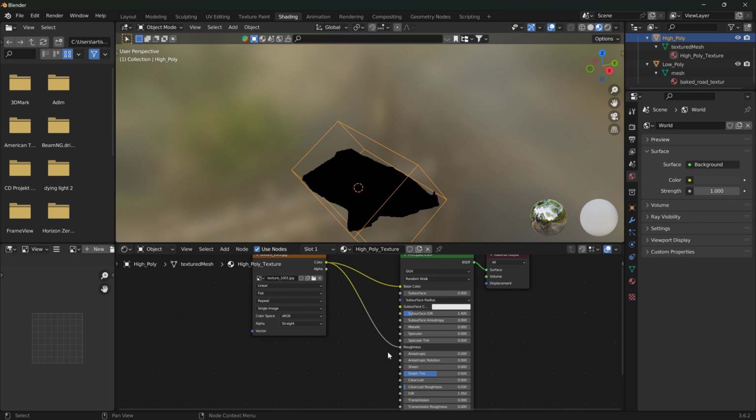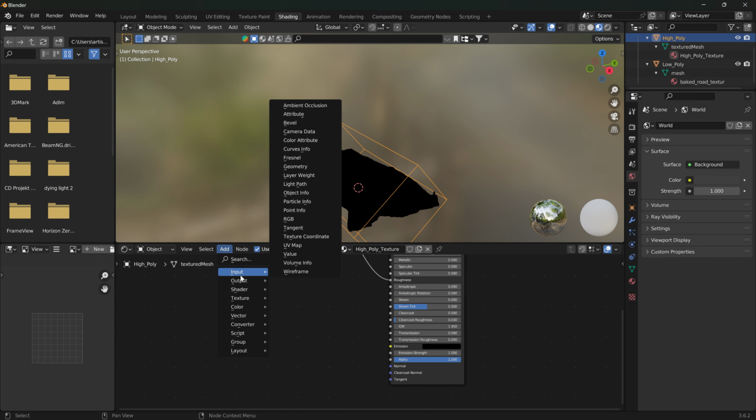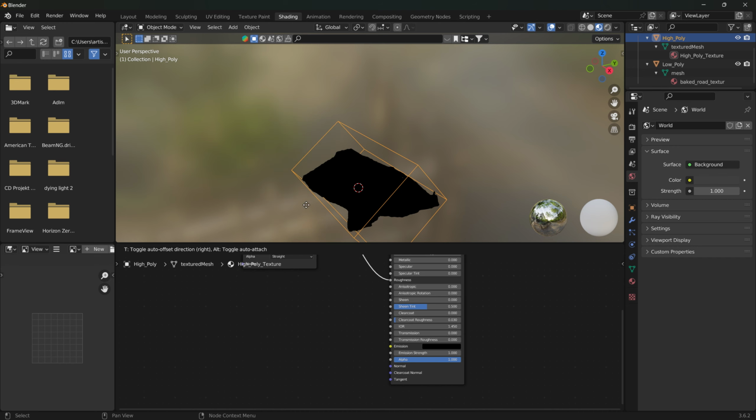Also, in the high poly texture here, you can add an input bevel and connect normal to normal. Do a radius of about 12 and samples about 4. That should make your normals have more of a beveled edge,